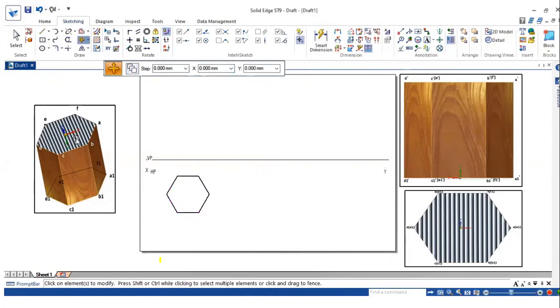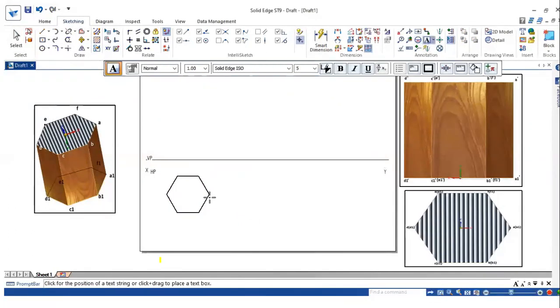When I am viewing from the top, I will be able to see A, B, C, D, E, F. That is the top surface of the hexagonal prism. So I name it, whereas the bottom surface is hidden to me.